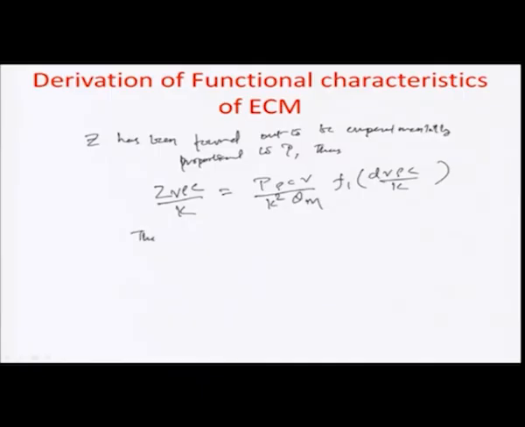Thus, that is the only way to have the proportionality to power as linear. The other term does not have the power term in it, which is actually the function f 1. So, if we just rearrange this a little bit, this goes away, this also goes away. So, you have z theta m by k times of power p is equal to a function of d v